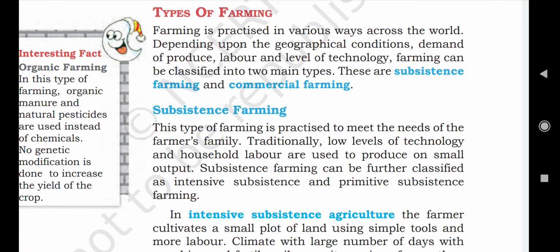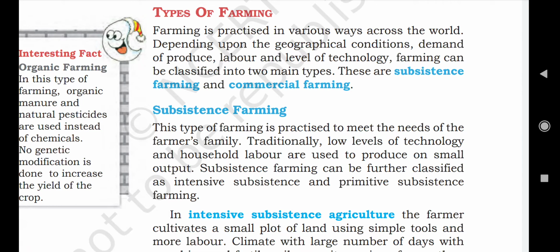Today we will continue with our chapter number 4, Agriculture. And today we will discuss the types of farming. Now what is farming? Farming is practiced in various ways across the world, and it depends upon the geographical conditions, demand of product, labor and level of technology. So farming can be classified into two main types, and these are